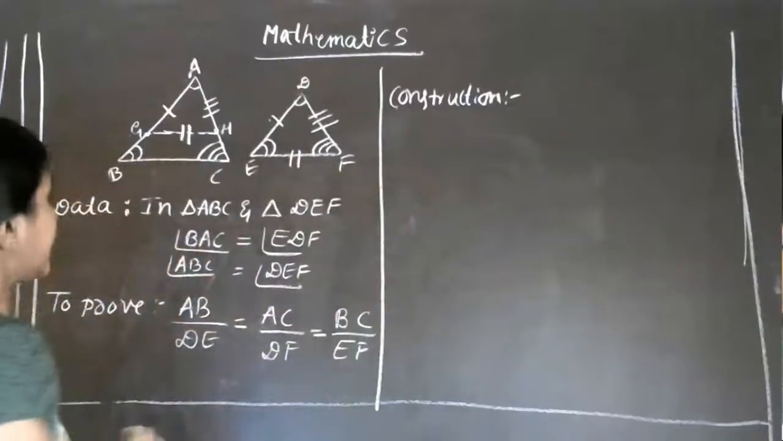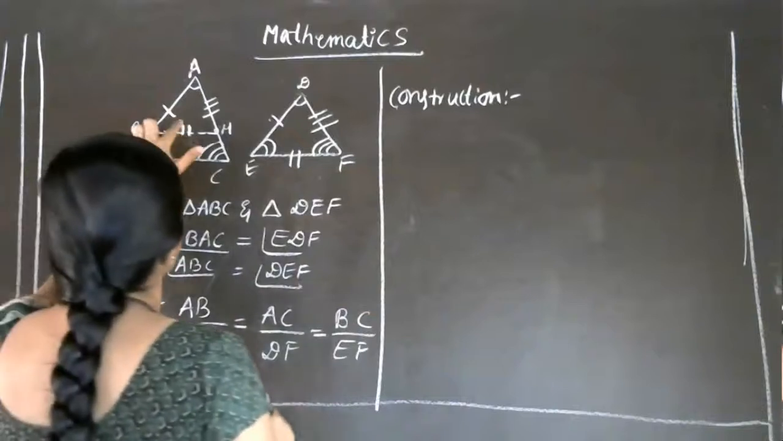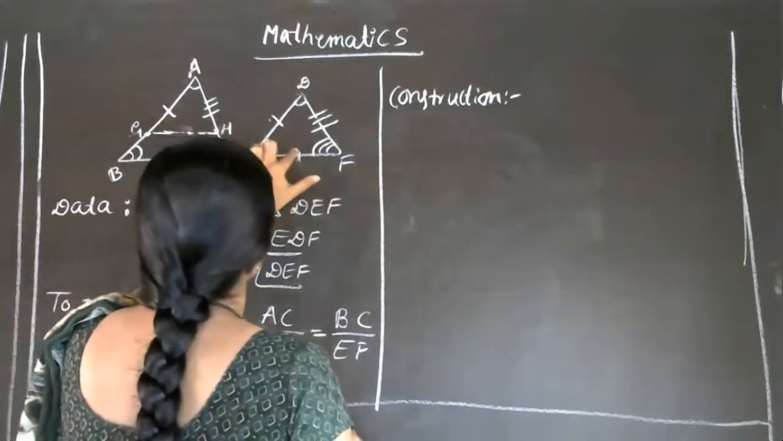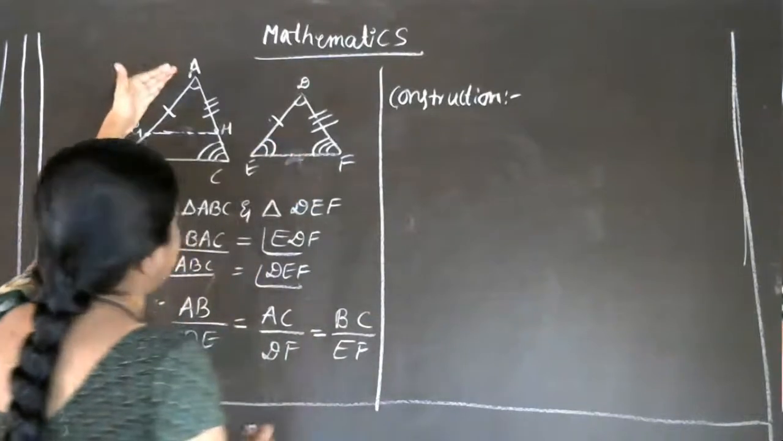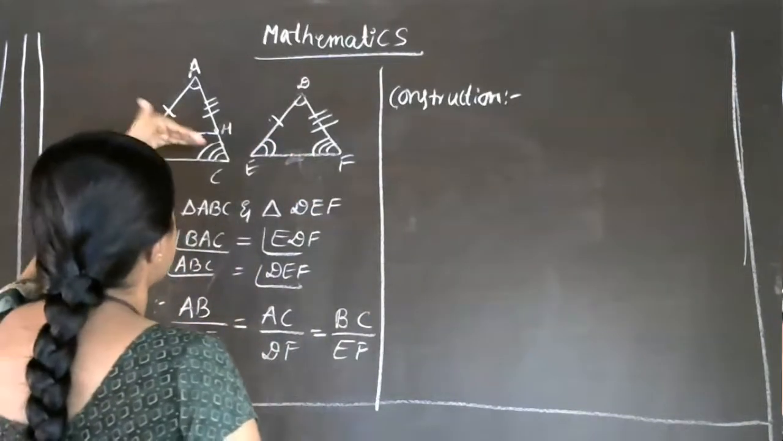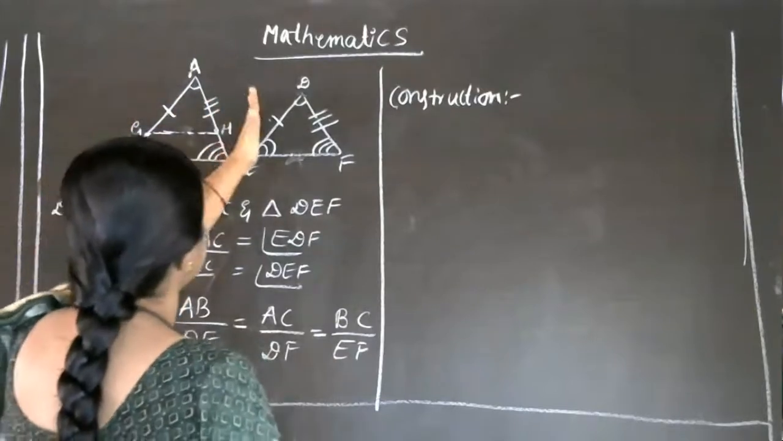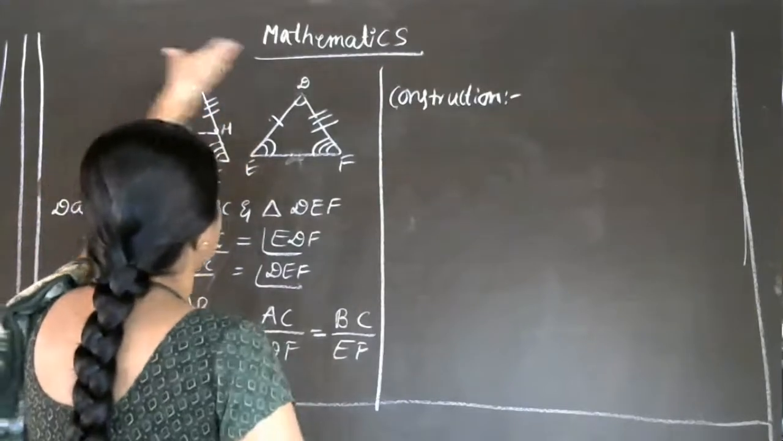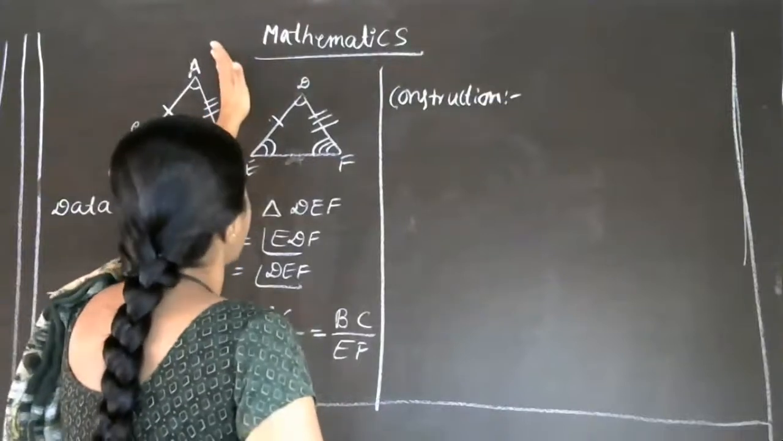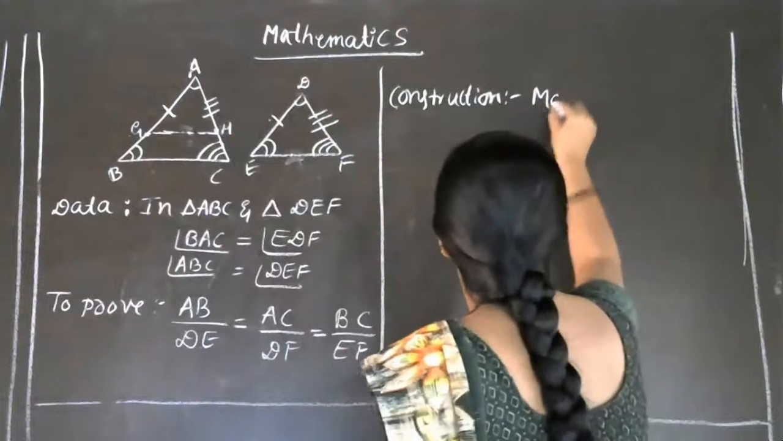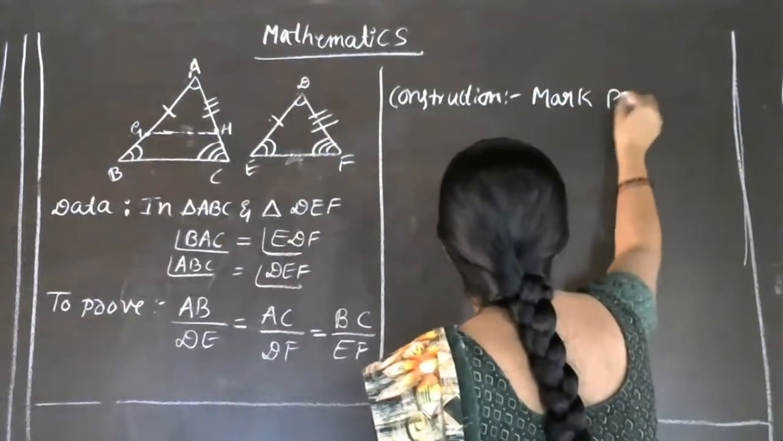Construction. So we'll take only two sides. Okay, this one is not necessary. We'll take only this one while doing the construction. So we'll have to take G and H on AB and AC such that AG is equal to DE, then AH is equal to DF. So mark points. How to write the construction? Mark points